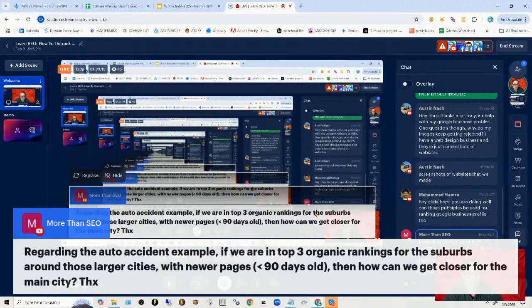Creating hundreds of pages targeting suburbs. See, what we like to do is create one city page and then figure out how many towns or suburbs we can talk about within this main city page that Google thinks is the same thing, right? And then what we're looking to do is maximize the amount of location information that we put into that city page in order to hit all of the neighborhoods and little towns, all right?